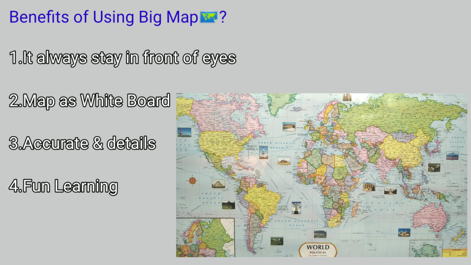Second, the map works as a whiteboard, as it is laminated. We can practice a number of things on it. We can draw, redraw, we can erase things, we can just practice, and we can always have a comparison of what things we are able to remember. Third, it is accurate and it has details, so whenever we are watching a current affairs video or reading a current affairs magazine, we can also mark things out there which we need to draw on the map or in our notes, so it is a very quick pointer.